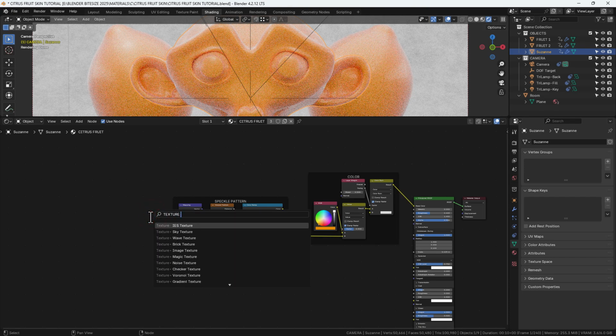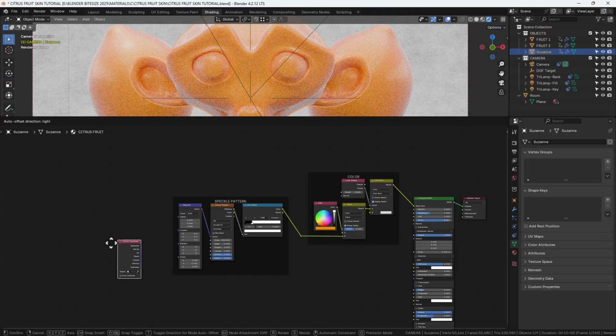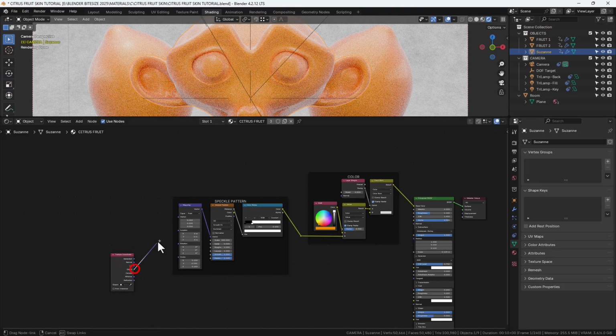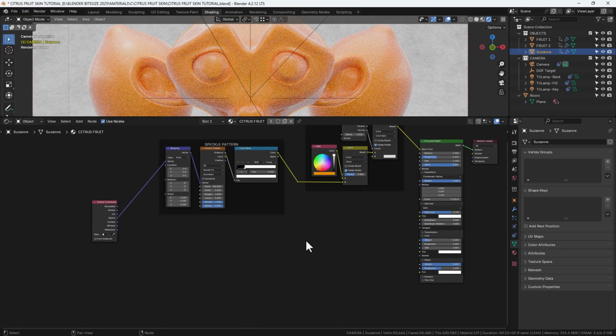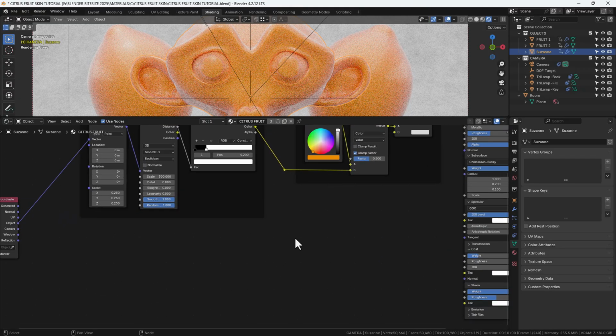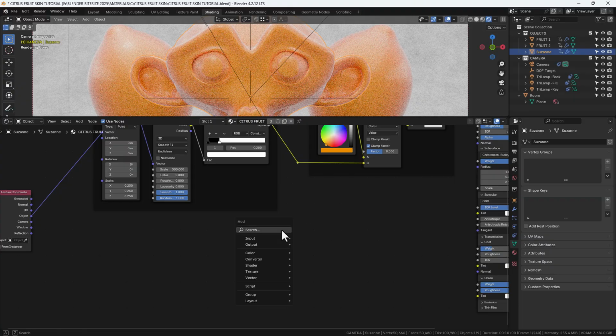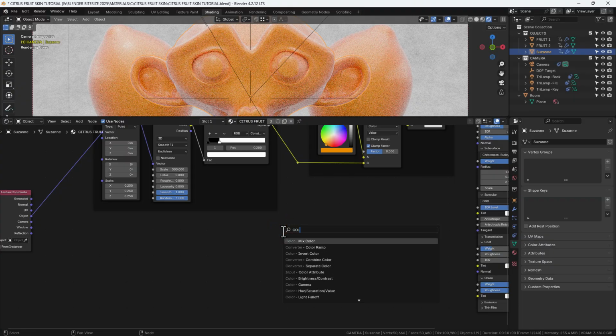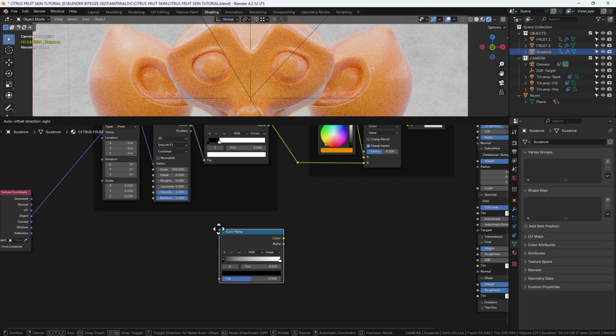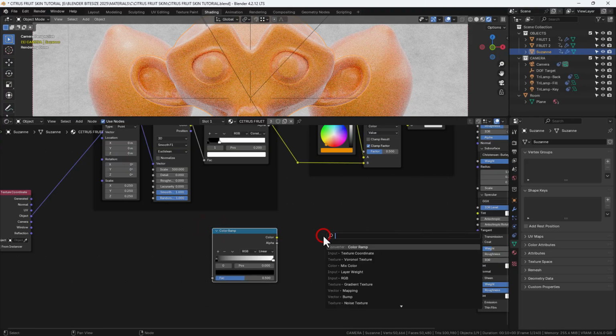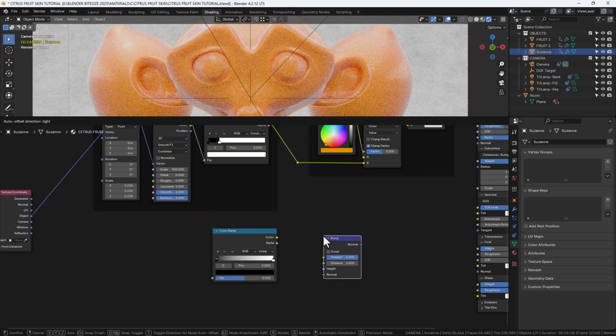Now I actually wanted the texture coordinate node to sit outside that group, so I deleted it and then I searched for a new one and applied it and connected it up, because I want that to drive another mapping node for another set of nodes, which I'm going to search for now. We'll start with a color ramp, followed by a bump node,